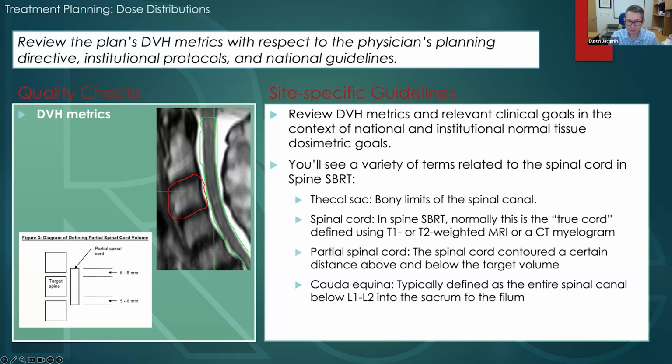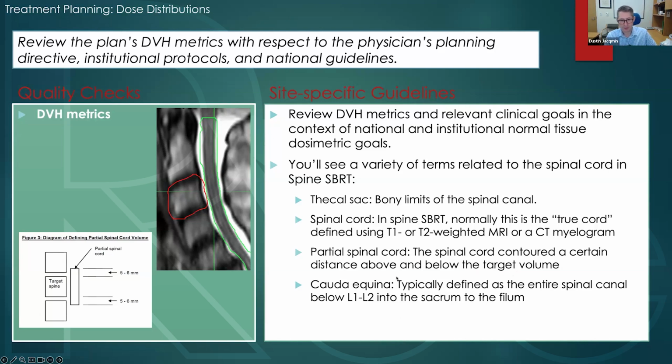The spinal cord in spine SBRT is normally what is referred to as the true cord, which is the anatomical spinal cord, the actual bundle of nerves traveling through the thecal sac. And this is generally defined either using T1 or T2 weighted MRI or a CT myelogram. There's this concept of a partial spinal cord introduced in clinical trials, which is the true cord, but restricted to a certain distance above and below the target volume. You can see here is an example of the true cord going 5 to 6 millimeters above and below the target vertebral body. So this is kind of like a standard part of the cord that you can apply dose